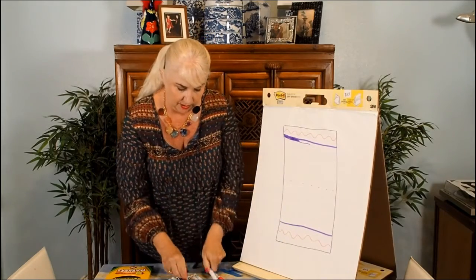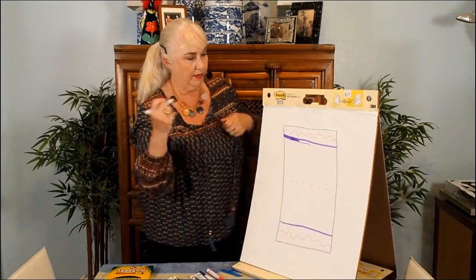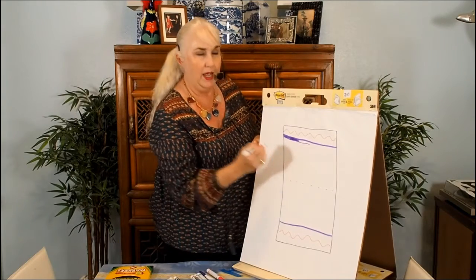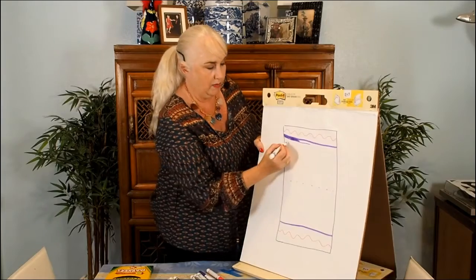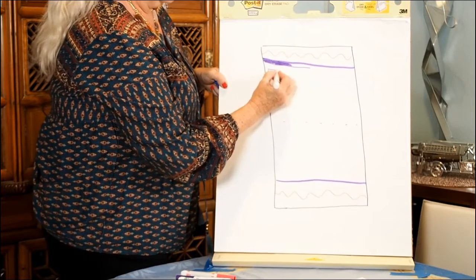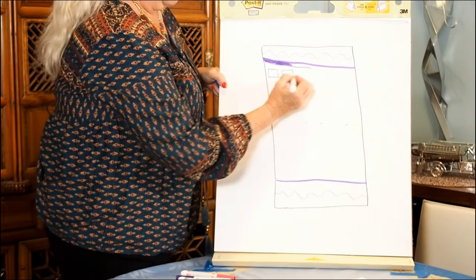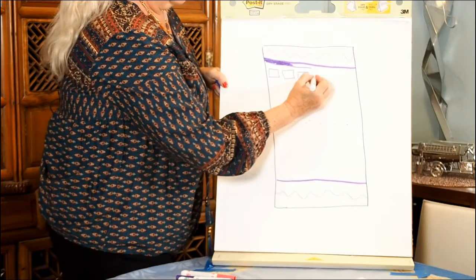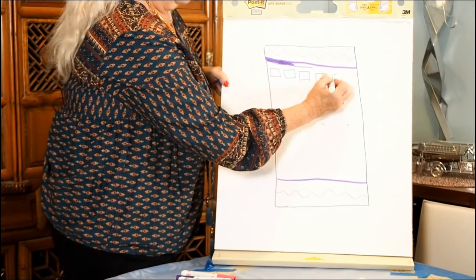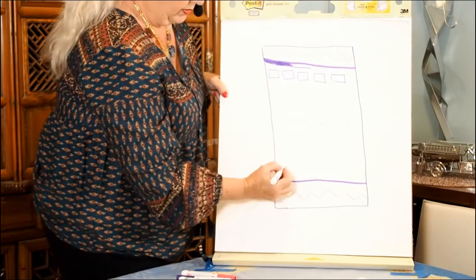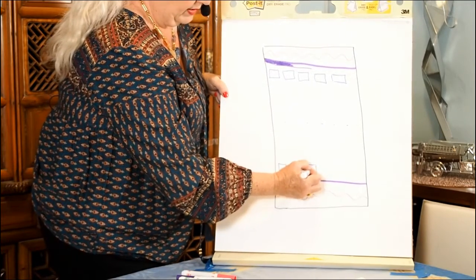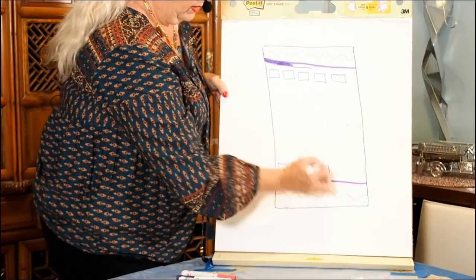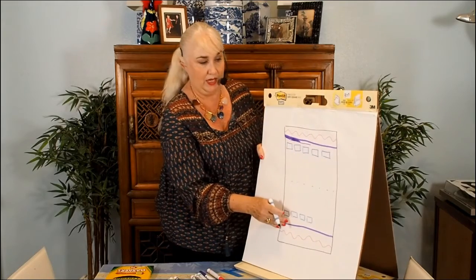Then I'll go to another color, and I think this one I'll do a zigzag. Actually, I think I'll transition to shapes. I have a dark blue pen, and now I'm going to add some squares going across. I'm going to move across with my squares, and I'm going to do the same thing on this side. So you see I have that symmetry, that what's happening on this side looks the same as what's happening here.